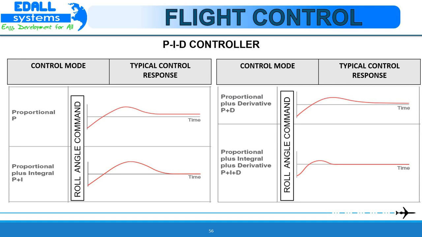From this PID controller graph, we can see that by using only the proportional controller there's an overshoot and a settling time. By using proportional and integral, the settling time is fast, but there's an overshoot taking place. By using proportional and derivative, there is a light overshoot, but there's an offset also. But while using the PID controller, there is a short overshoot and the settling time is also fast. Hence, we get a faster response and our result is obtained very fast by using the proportional plus integral plus